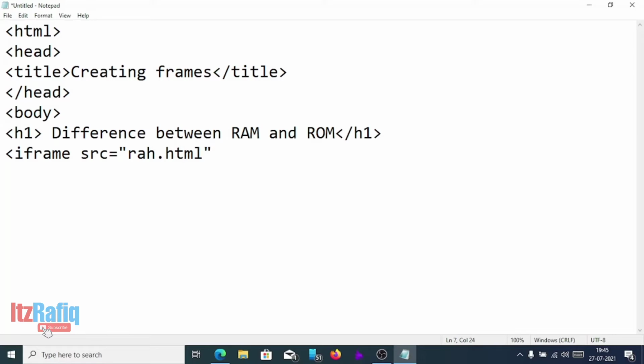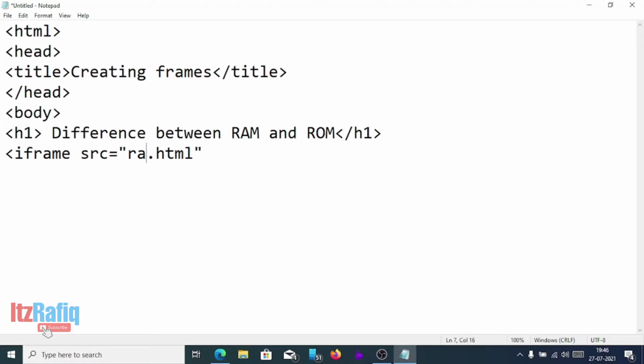Then the width, how much width this page will occupy in the window. If it occupies 100%, we can put 100%, or we can give it in pixels like 200, 300, or we can give it in percentage.